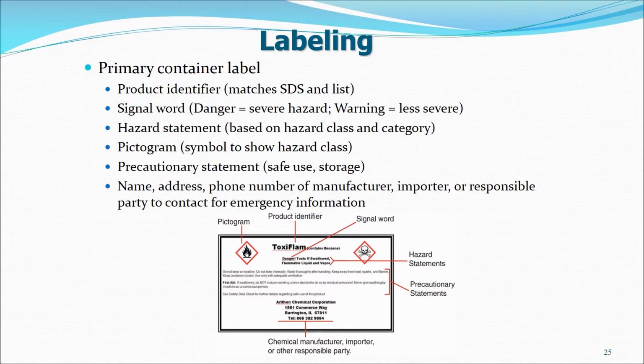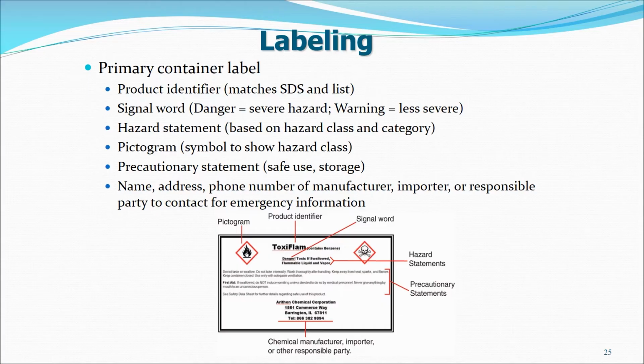Precautionary statement. This recommends the steps you should take to safely use, handle, and store the chemical. And finally, name, address, and telephone number of the chemical manufacturer, importer, or other responsible party. The responsible party is someone who can provide more information on the chemical and what to do in case of an emergency. Any hazardous chemical products that come in through your doors or leave your workplace will have this type